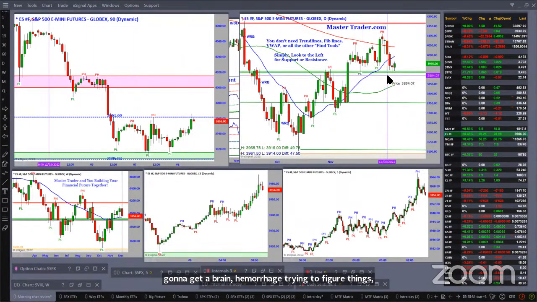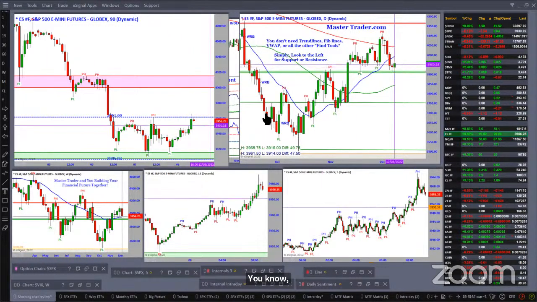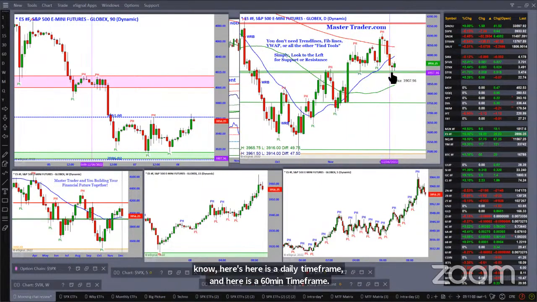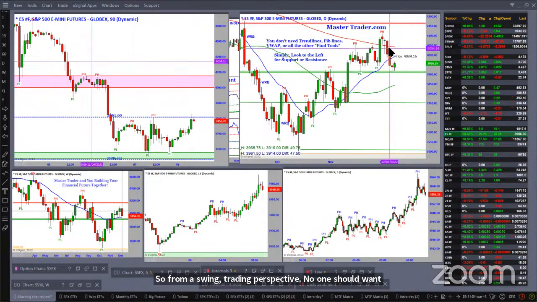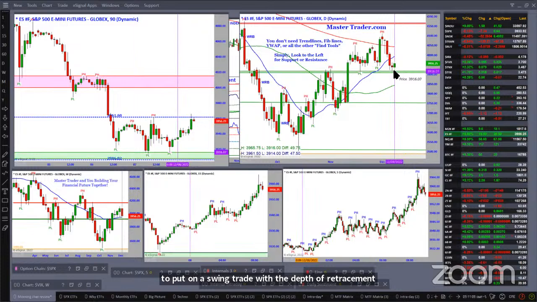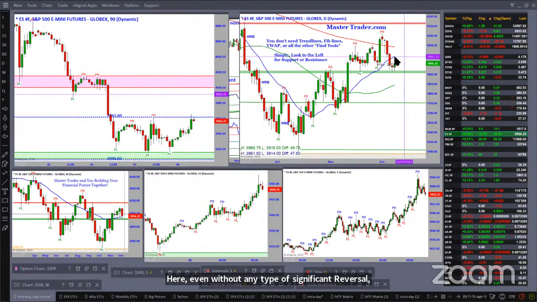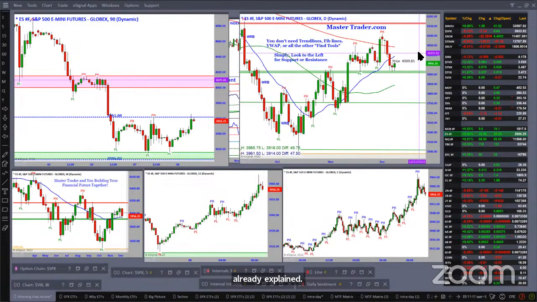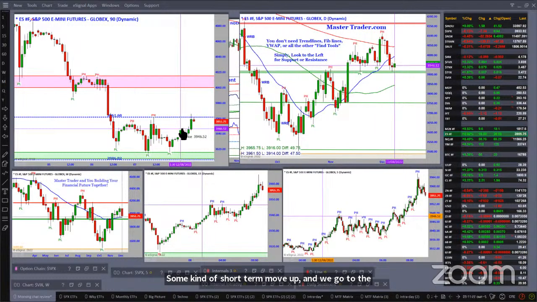And what I'm explaining here, here is a daily time frame, and here is a 60-minute time frame. So from a swing trading perspective, no one should want to put on a swing trade with the depth of retracement and the angle of retracement here, even without any type of significant reversal, where this pattern is more suggestive of what I've already explained, some kind of short-term move up. And we go to the smaller time frame and say, well, is there a tradable void versus,